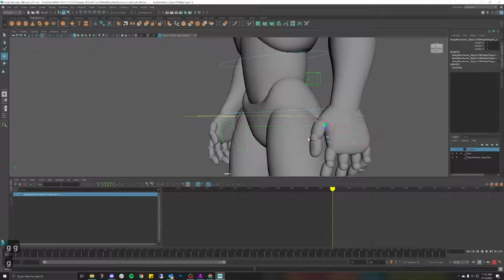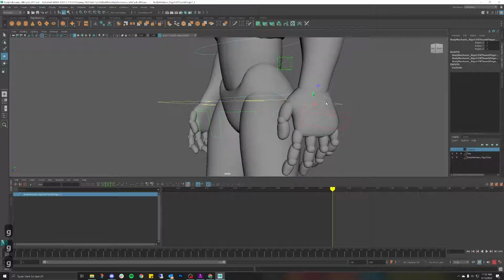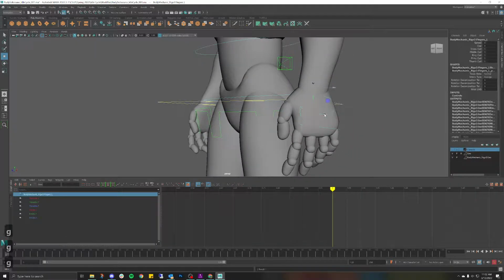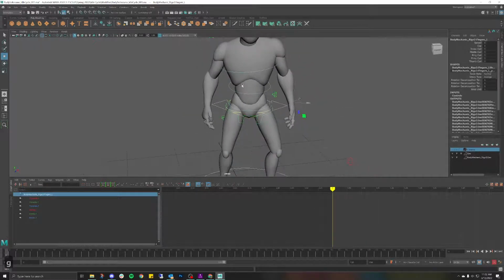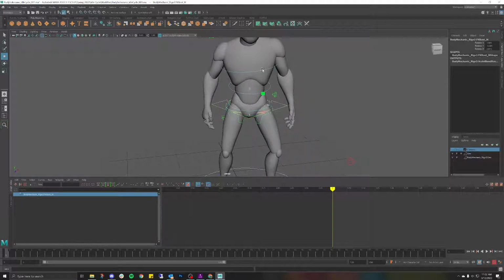Making this easier for myself in the long run. Because again, the reason I'm doing this, it seems like a lot of work now, but it's actually going to save me hours and hours of work because I won't have to continually select all of my controllers. All I have to do is just select them like so, selected objects. So again, going down the line, if I click on this one,